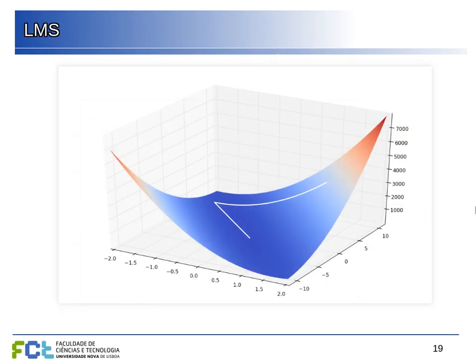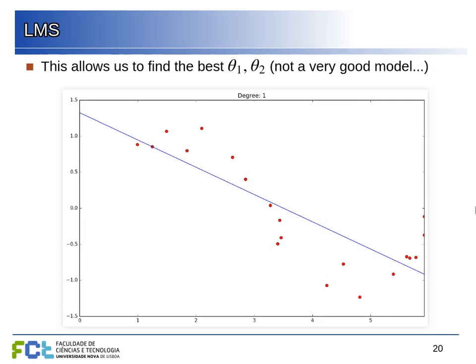So if we do that, this is what we get as the result. This is the set of parameters, θ1 and θ2, that control the slope and the position of the line, that minimize the quadratic error between each prediction and the value that we are finding. So the quadratic errors are all vertical here, measured between the line and the points for each x. And if we try to minimize that, we find this line.